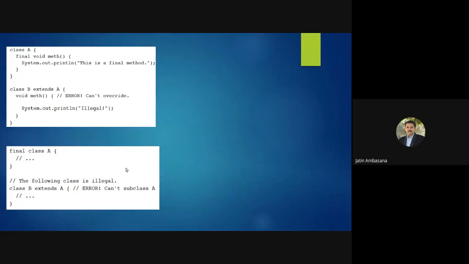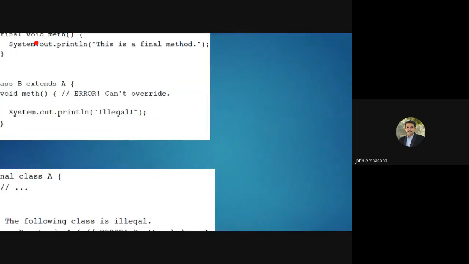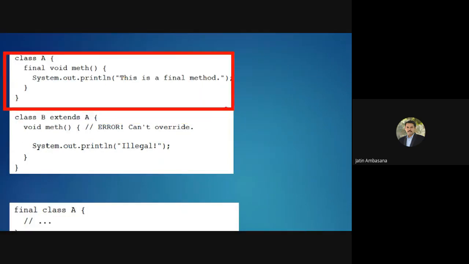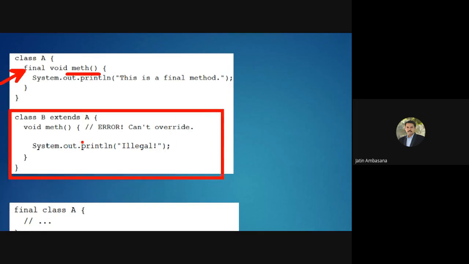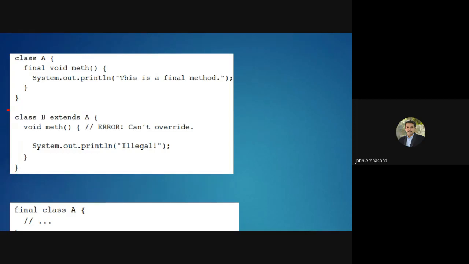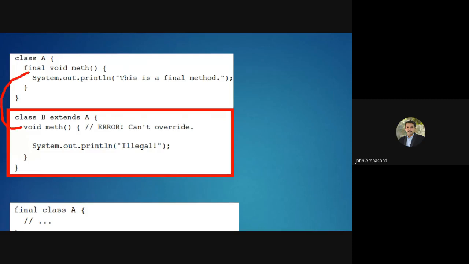So check this out. This is class A, and it has a method which is final. When we say here class B extends A, now see, we are trying to implement the same kind of method in this class B, with the same name, same return type and same parameters.